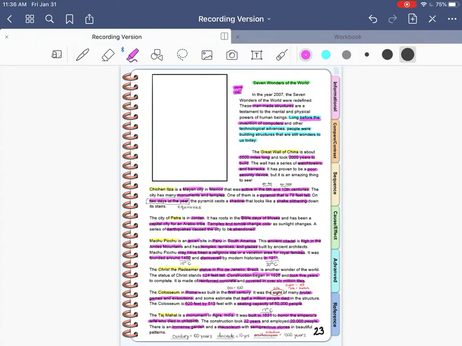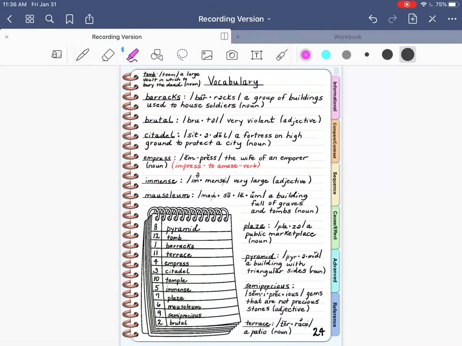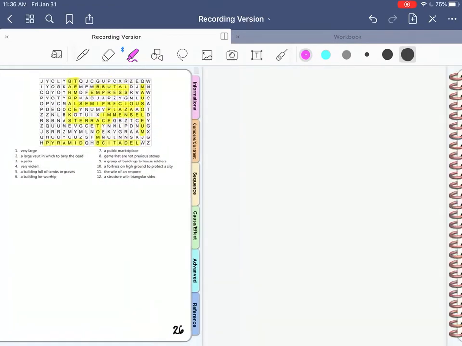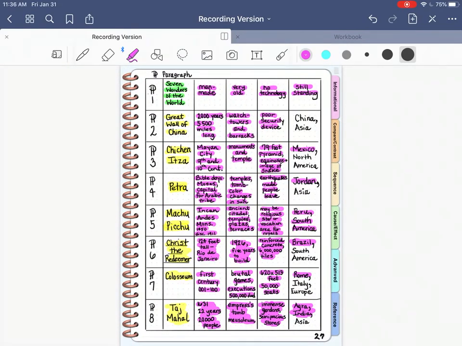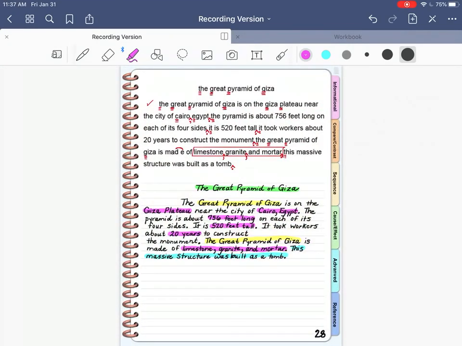Nothing on this page is the Pyramid of Giza, so this would tell me about the Great Wall of China. I can also find information about the Great Wall of China right here, where I have done that matrix. So look back at the specific pages with the topics that you need to read about. You don't have to reread everything if you know where your topic is. So that's one reason that these green things are so important. It helps you know where to look back to find the information that you need to find.